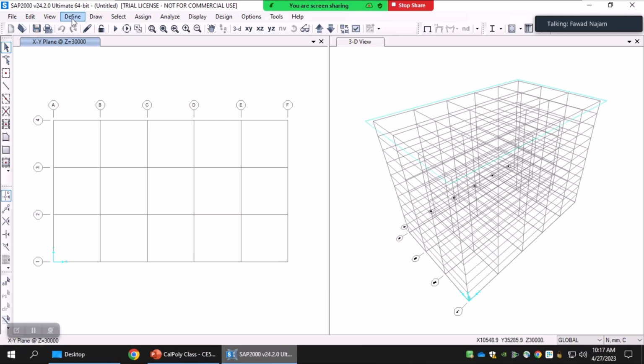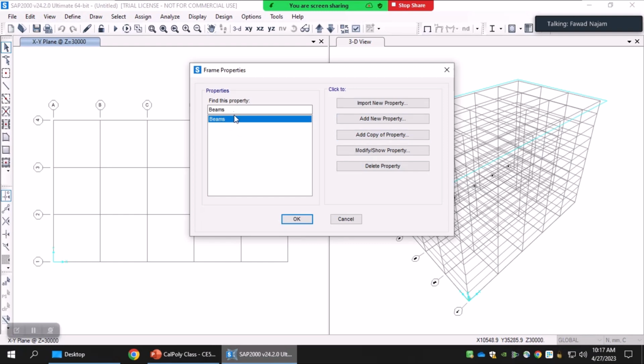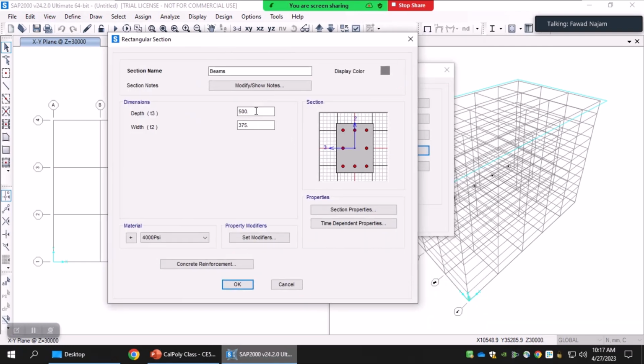So I go again back to define and then section, frame sections, and this is the section I just defined. I modify it, modify show properties, and this is the section I just defined, the depth and width. But you also have to associate that cross section with a material, so you will do it here. So this is actually composed of my concrete, which is 27.5 megapascal. This is the material which I just defined. So I selected that one, and then property modifiers is also an important